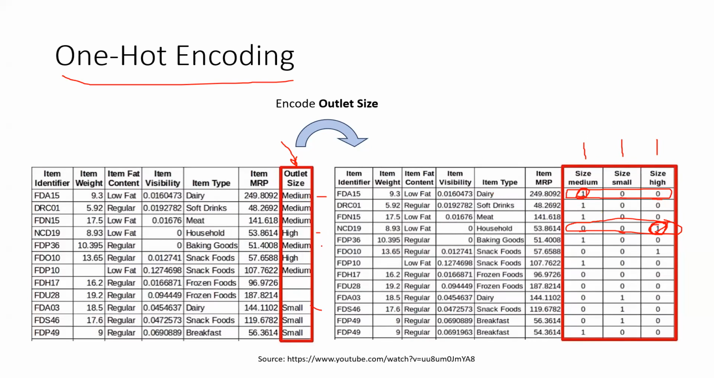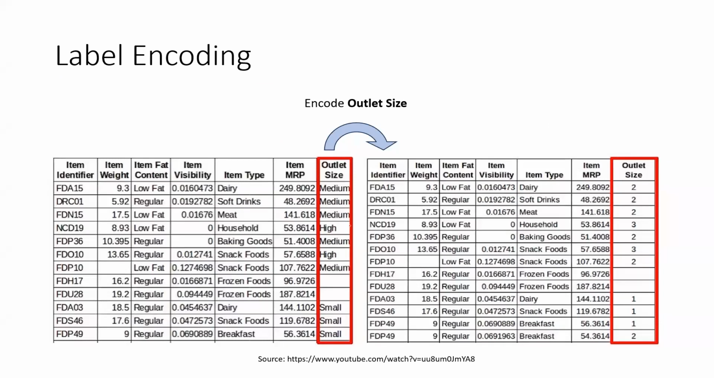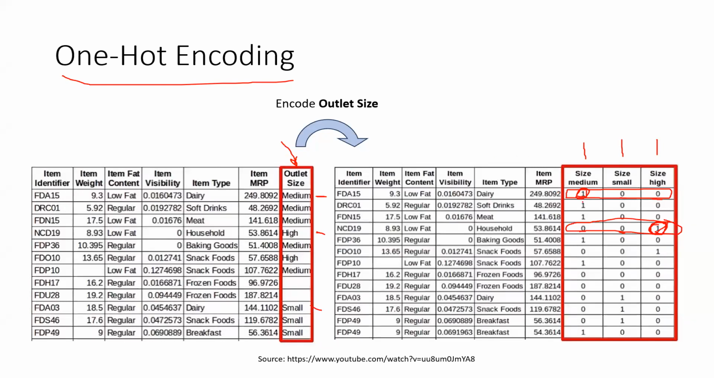Actually, in this case we have an order, right? So small, medium, and so on. But for this example they have taken this as a nominal variable. We can use one hot encoding for ordinal values as well, but the special encoding that can be used with ordinal values is label encoding, right? In one hot encoding we have three features and only one dimension